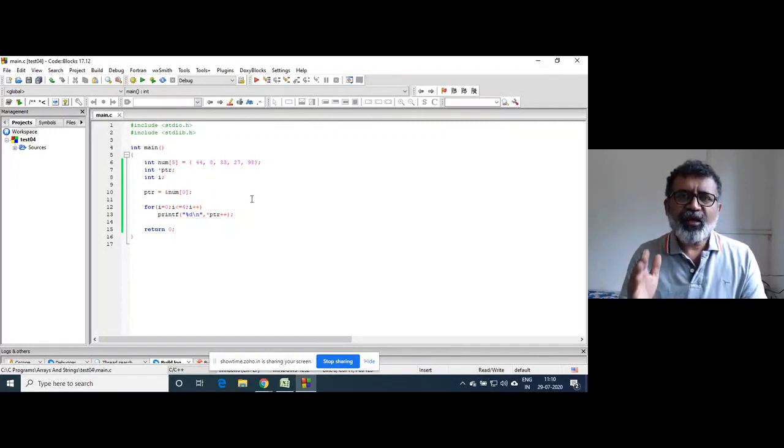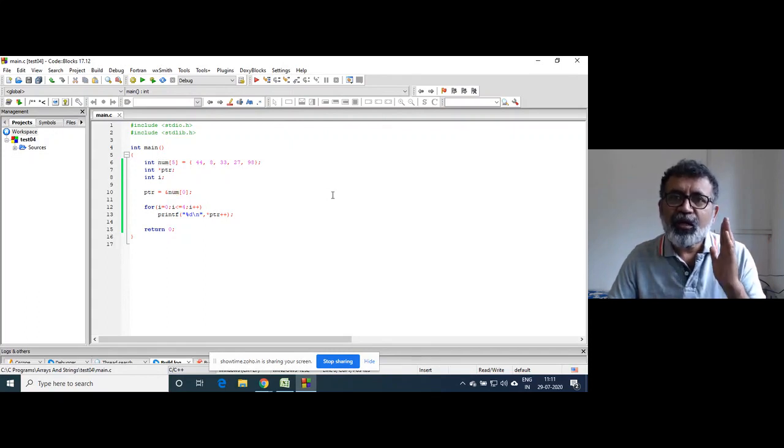When an array is declared, the base address, that is the address of the first element of an array, is stored automatically by the compiler in the name of the array. Okay. So the compiler creates one internal pointer. The name of that pointer is num, right?